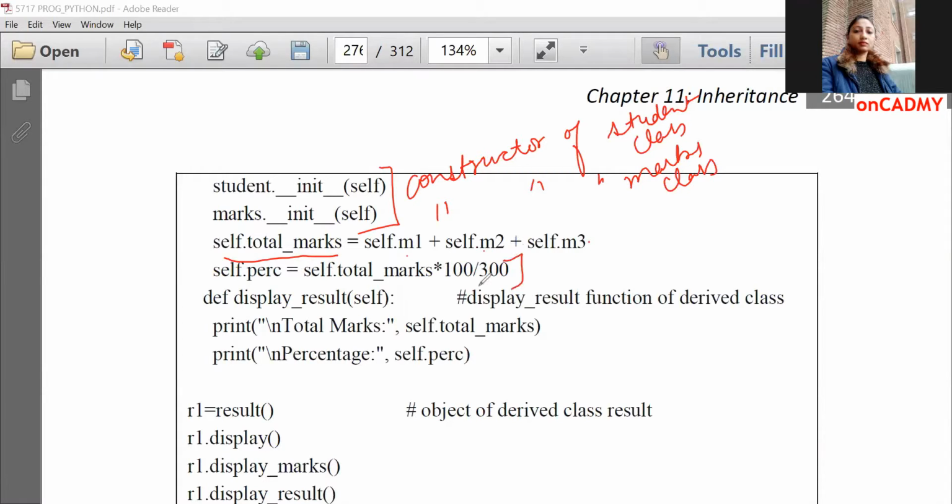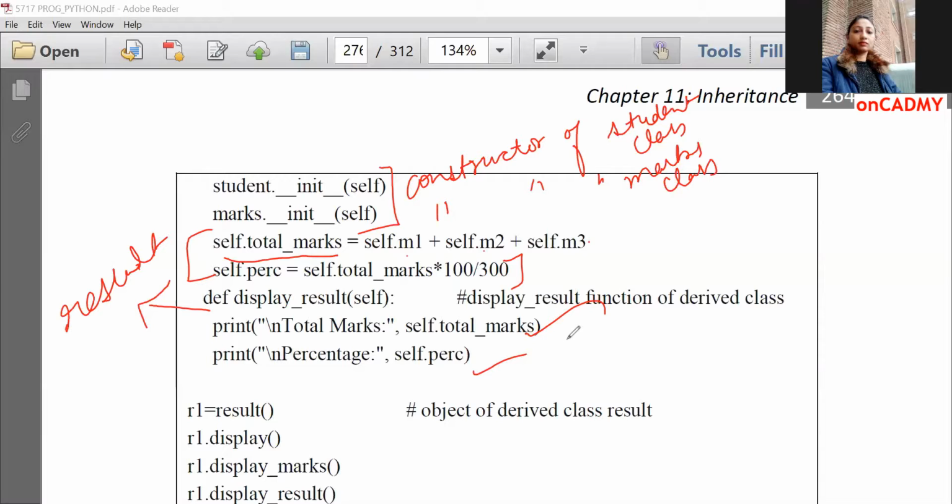This is the formula for computing percentage. You already know that. So we have created these 2 new variables, data members of the class result, and this is the member function of this class result, display result, where it will display the total marks as well as percentage. So all 3 classes are created, where result is deriving the features of student and marks classes.